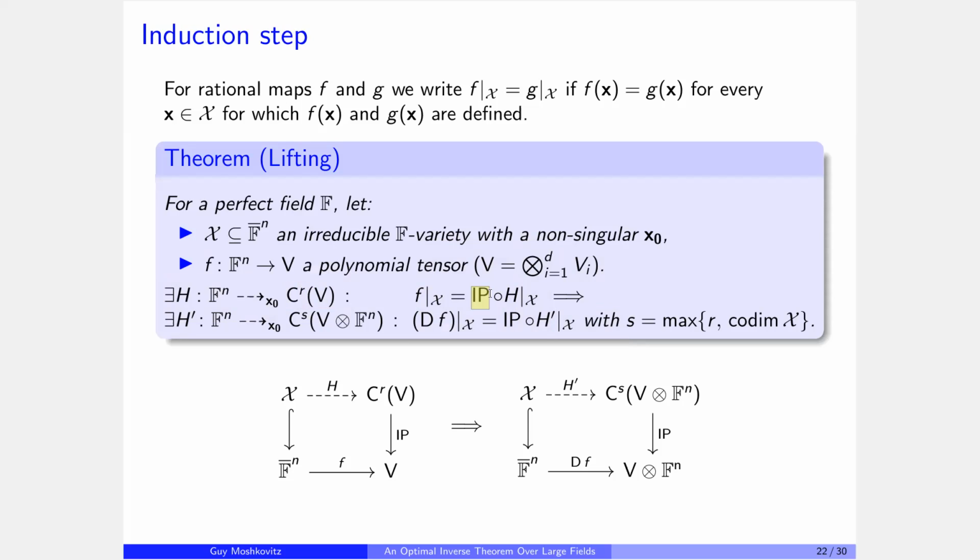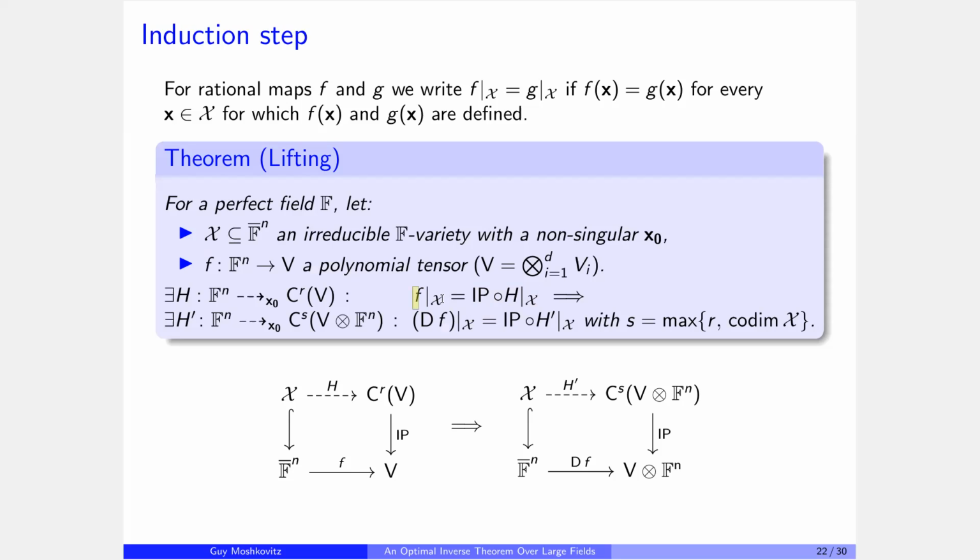Once you apply this inner product on it, that gives you back your tensor, the tensor that you get if you take all the components of the partition rank decomposition, multiply them in pairs and sum. Anyway, bottom line, the condition in the lifting theorem is that if F, this